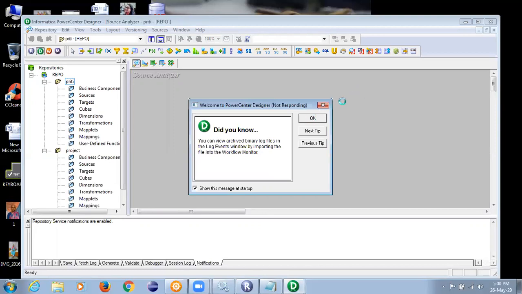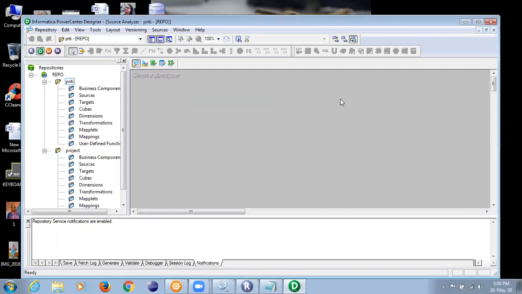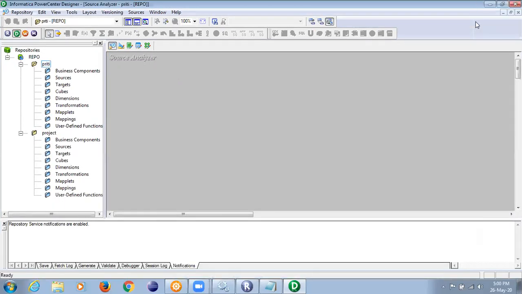Just a second. It's not responding. I'll intentionally disconnect it. I wanted to show how it basically looks when we start it afresh.